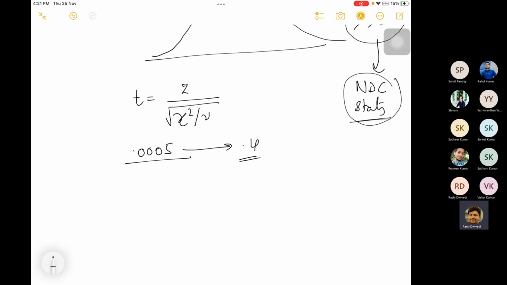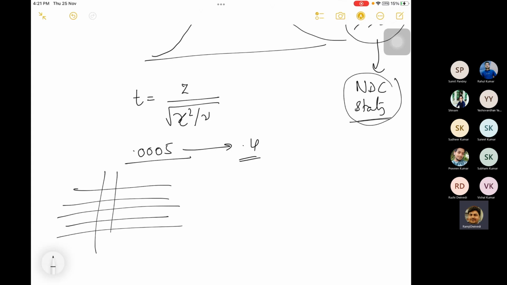So let's say, for example, I'm asking you to find the t value relating to alpha 0.01 with 10 degrees of freedom. You go and find it in the table. The table will look like this: